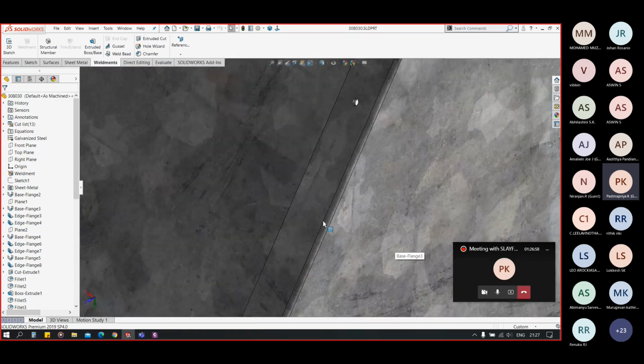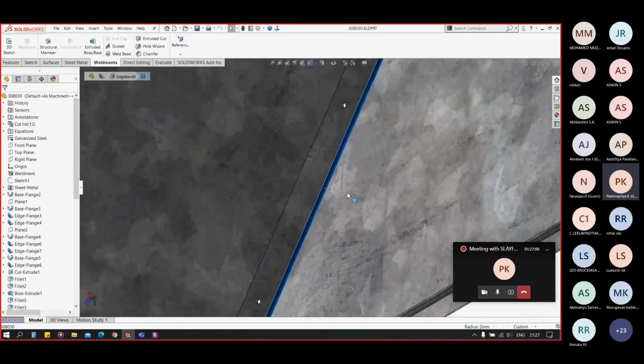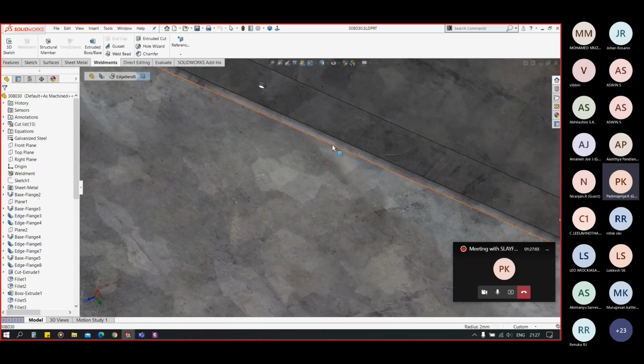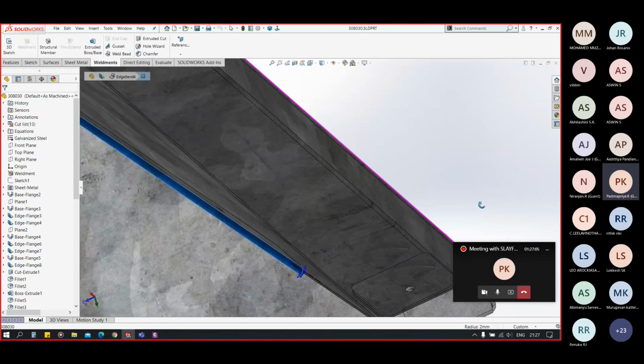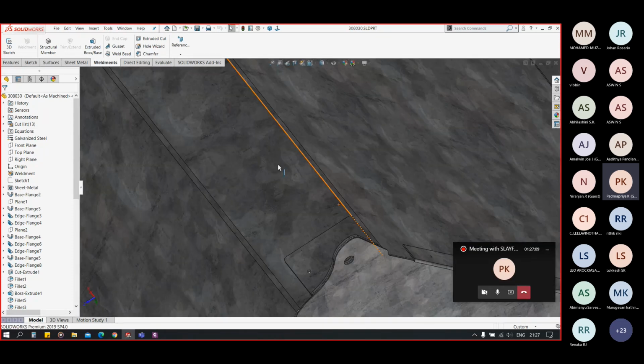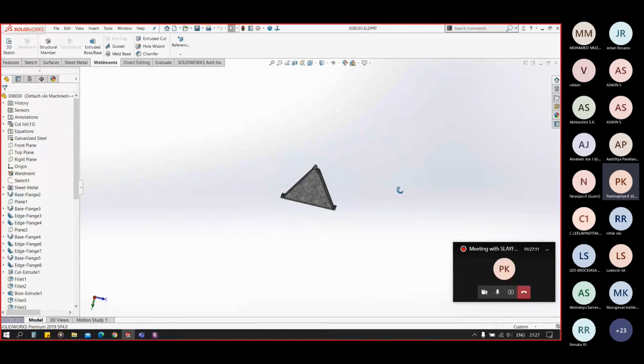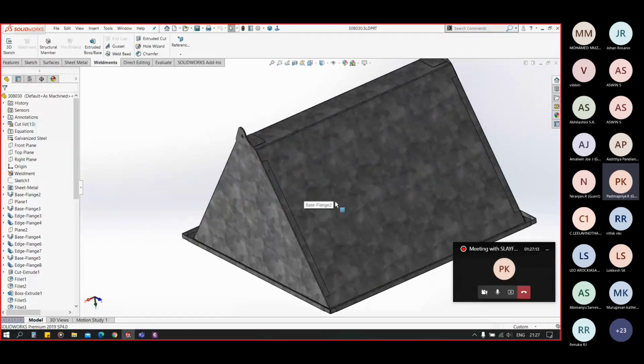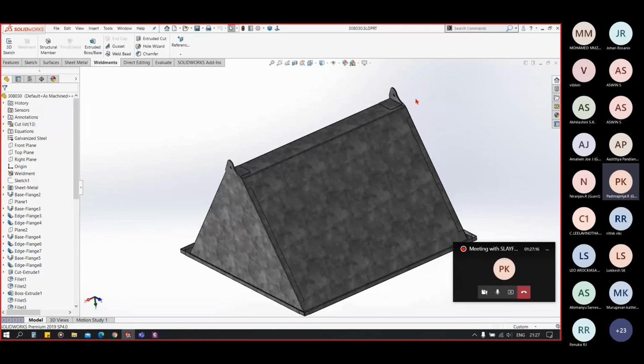You can see it has several bends like this, this and this. So we will add a bend table for this sheet.